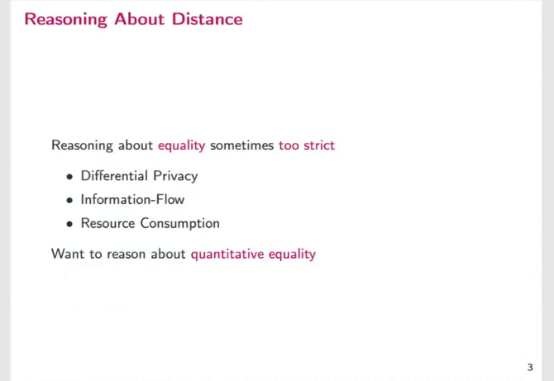Now, all of that is very well known, and it has a long and successful story in programming language theory. But the point is that all of this is about equality. And we know that equality is, of course, useful when it comes to reason about programming languages, but it also has some limitations. So, for instance, if we are interested in intentional behavior or information flow, differential privacy, and these sort of things, equality is kind of useless. And in fact, it turns out that to reason about this sort of behavior, you need something different, namely quantitative versions of equality, which are kind of metric-like notions, if you like.